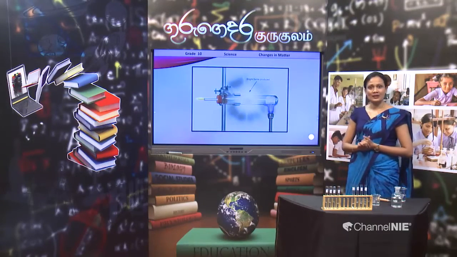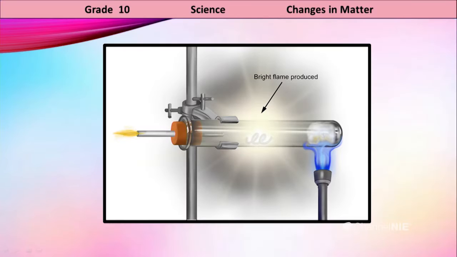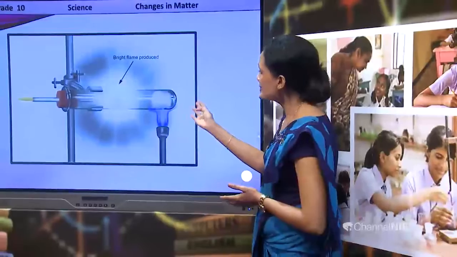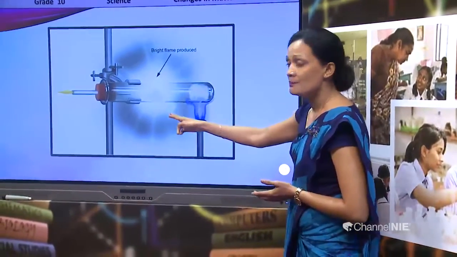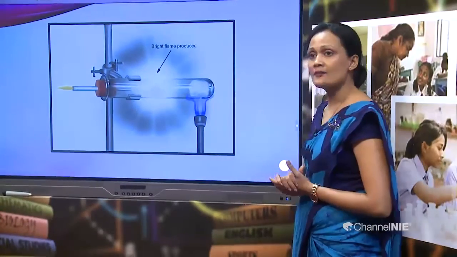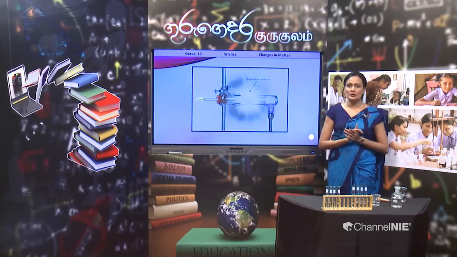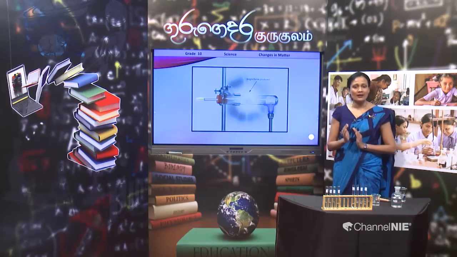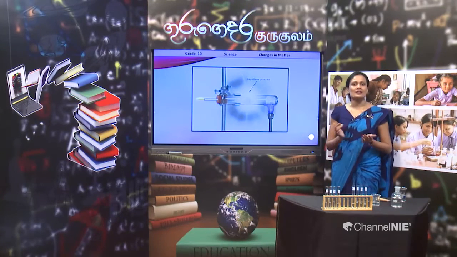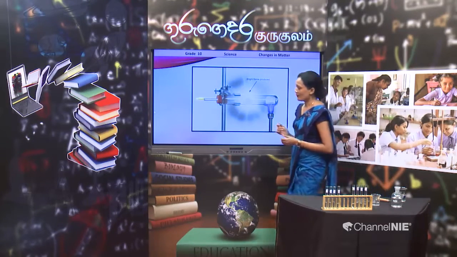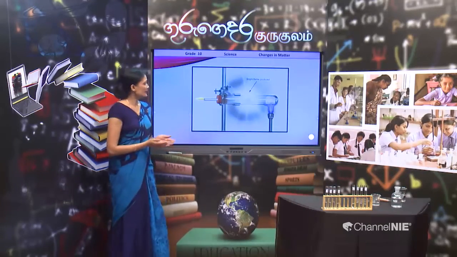Look at this one. In this picture, you can see a test tube, and inside of it a magnesium ribbon, and here the burner. When we heat that, the steam is produced and the magnesium ribbon inside reacts with steam. In the same manner, we can do the activity to check how the other metals react with the steam. Okay. Now I am going to explain these